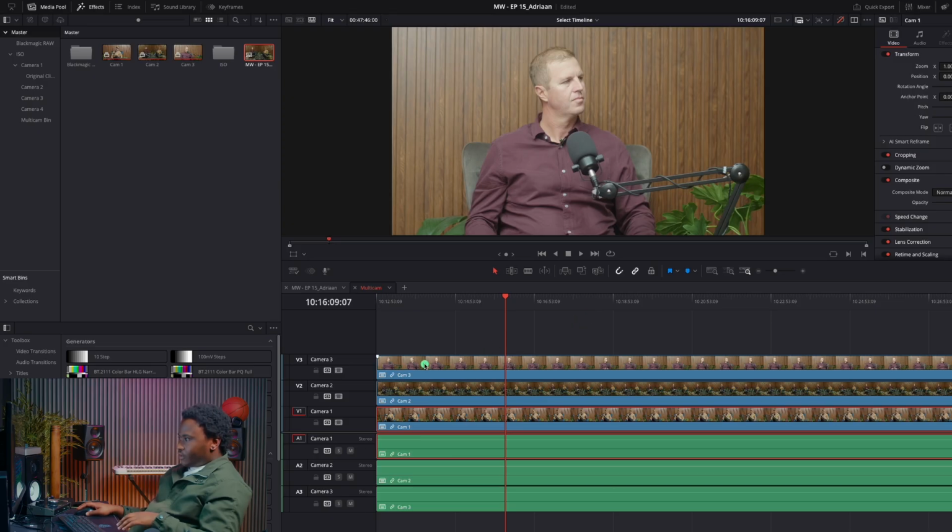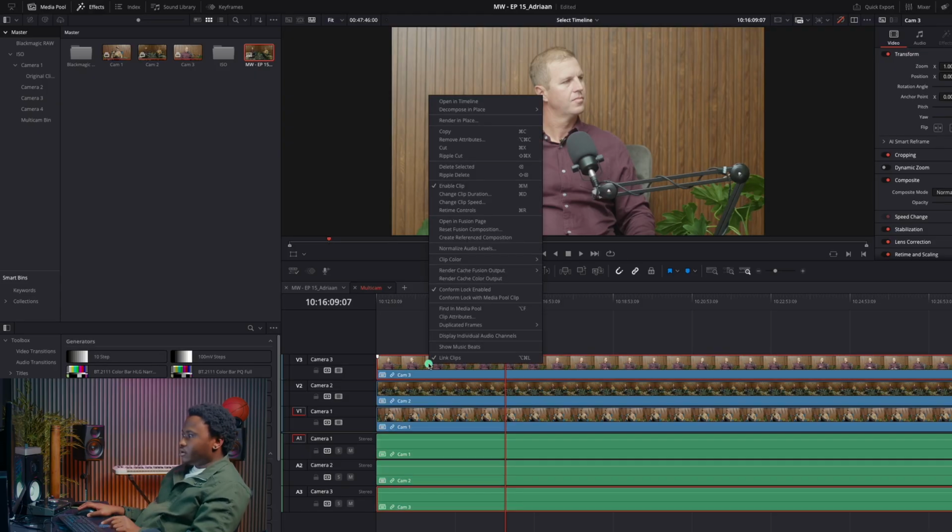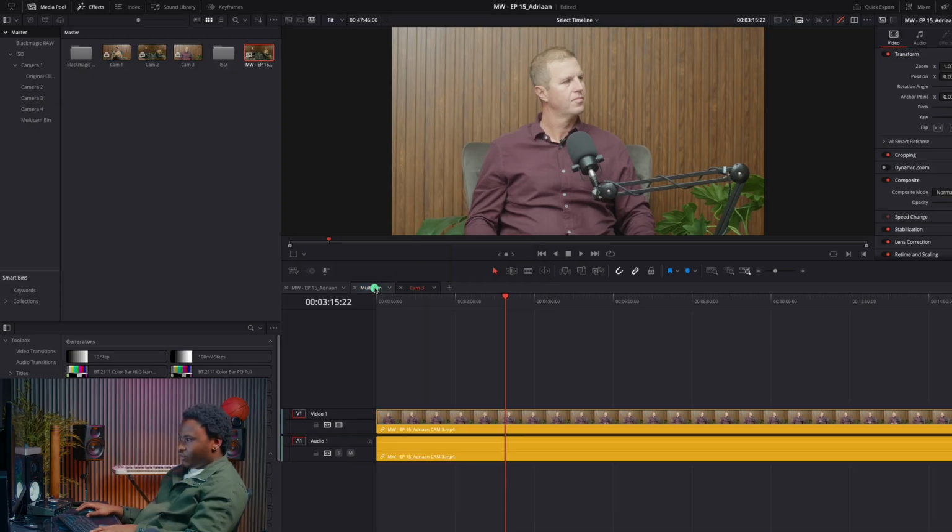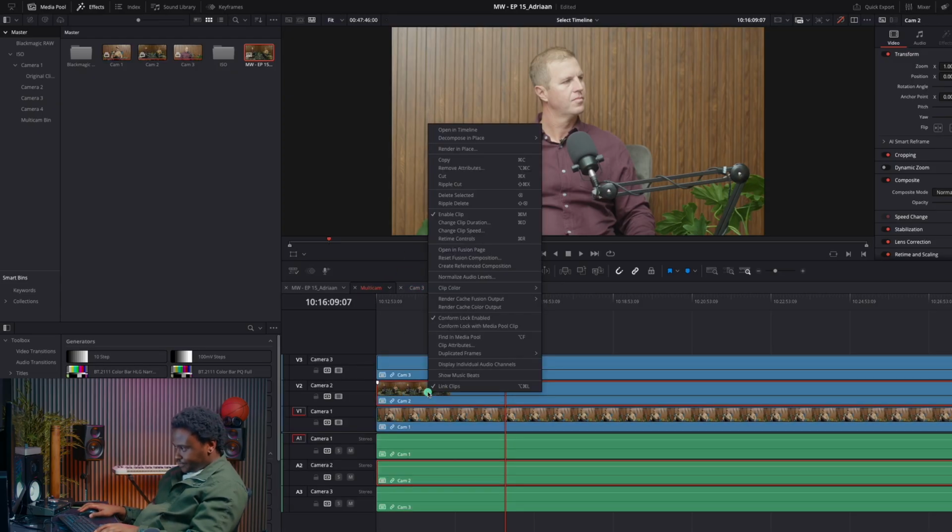Now each of these compound clips can be opened in their own timeline, which is where we will link our 4K camera originals to the HD videos from the ISO. So you're going to right click on each compound clip and select open in new timeline. And then once you've done that for all of your camera angles,